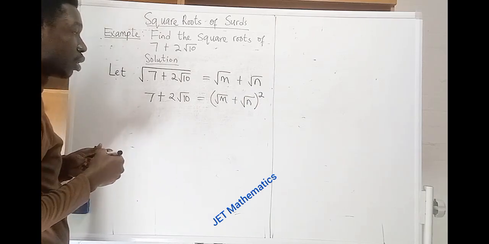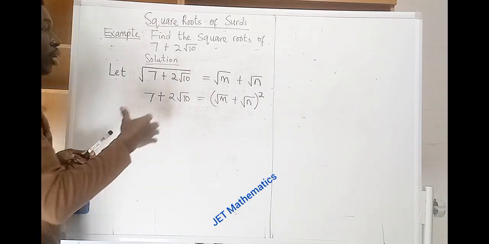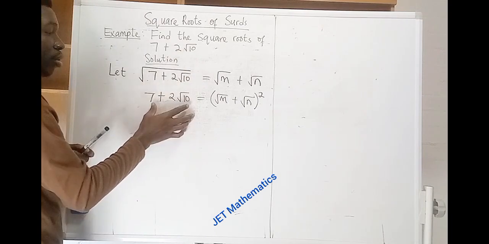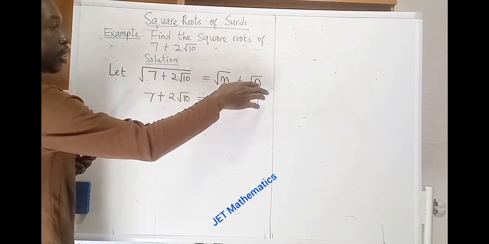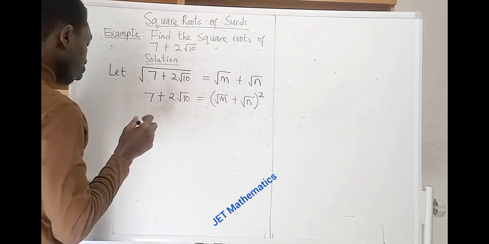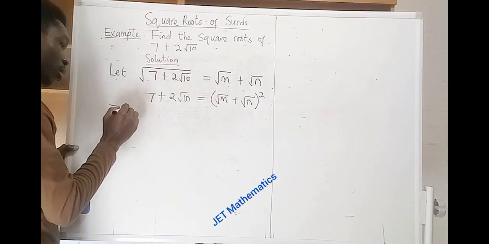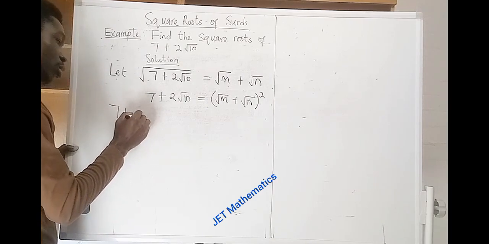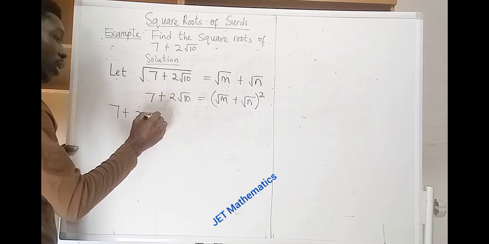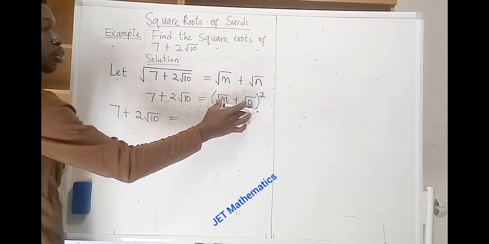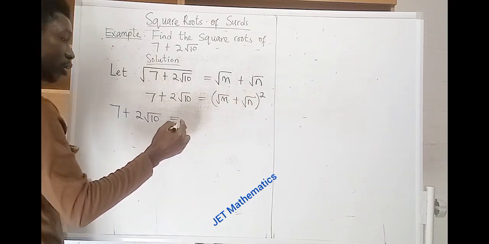When you square here, the square root goes off, and then you have this squared. Then 7 plus 2 root 10 is equal to, expanding this, you have